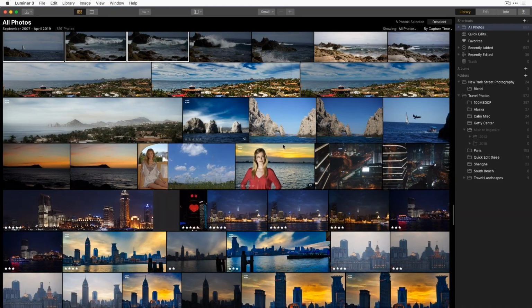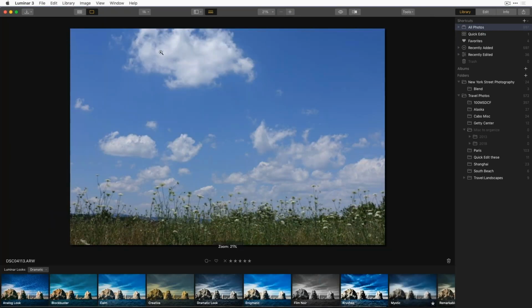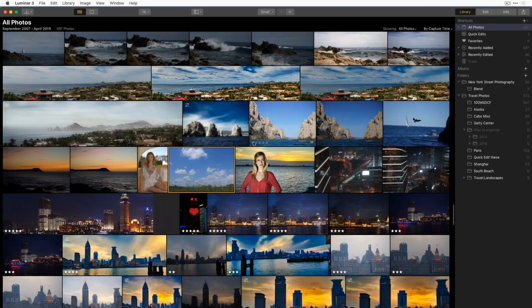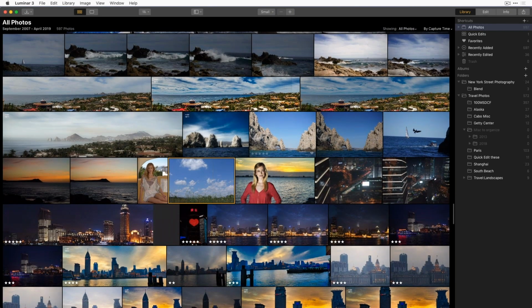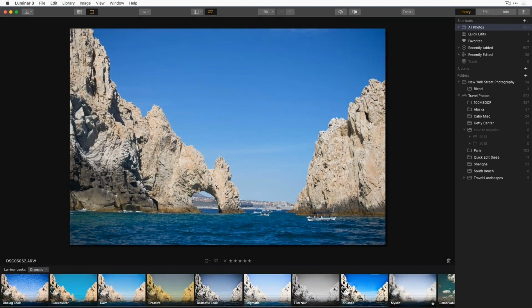So what it tries to look for with any of the sky features, and I don't know if I have anything with a window in my catalog, is it does look for what's generally on the top of the screen. So if it's a small window, not necessarily, but there are times, and I have a great shot, where I shot through the rocks here, and the rocks were definitely in silhouette, and the sky was blown out just because of the dynamic range, and it was able to discover the sky and enhance it in that situation. Sometimes if the sky is only a very small part of the image or it's kind of obscured, it won't see it, but usually about 90% of the time, it does find it, creates a nice mask,